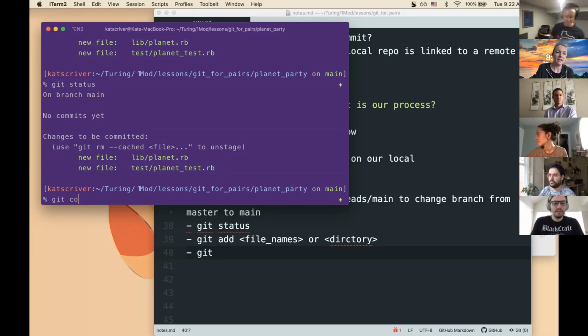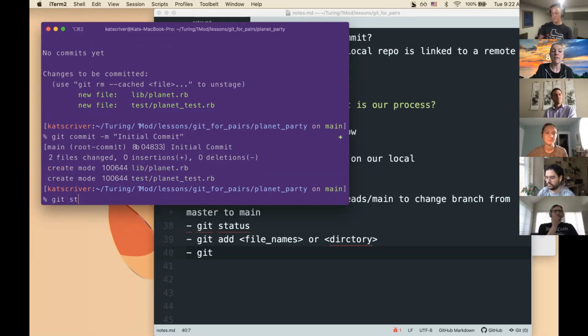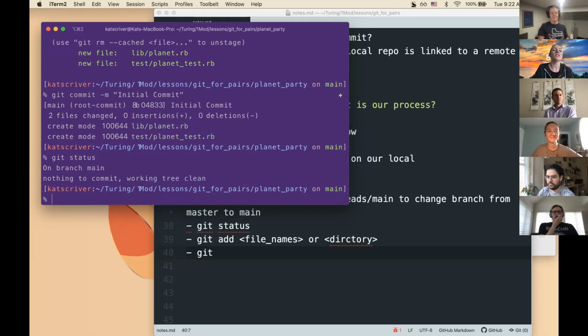Yep. And then for my message, I'm just going to do initial commit, since this is the first commit of the project. Now if I do git status, because I got distracted again, I'll see there's nothing to commit, working tree clean. So I'm good there. So the next thing I need to do,